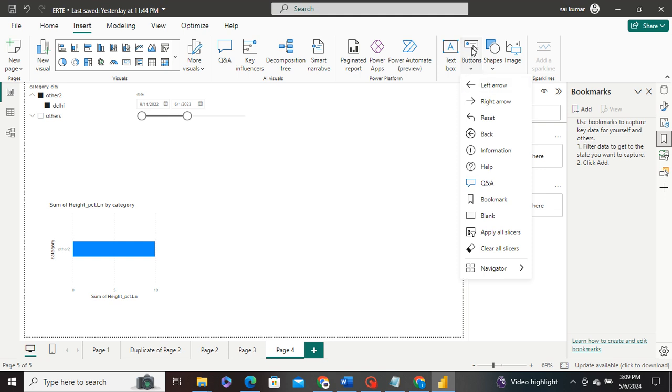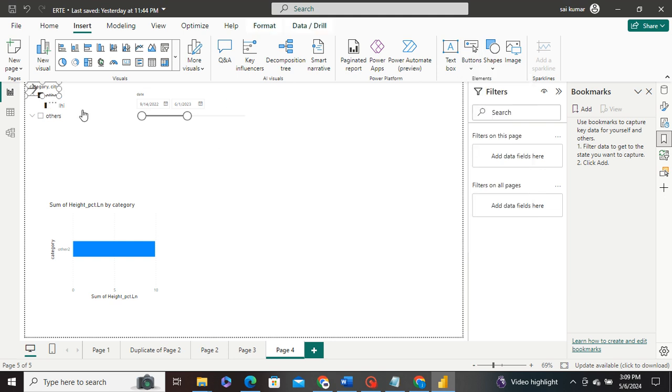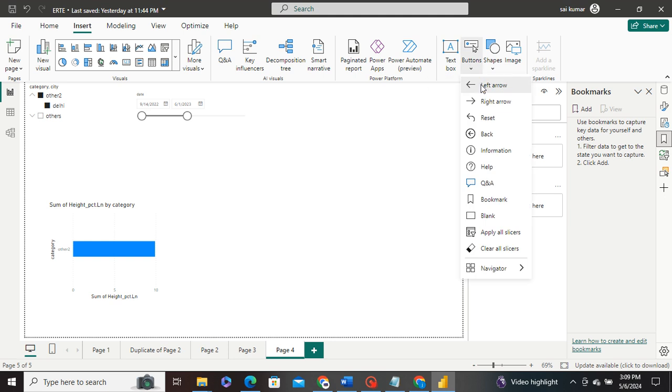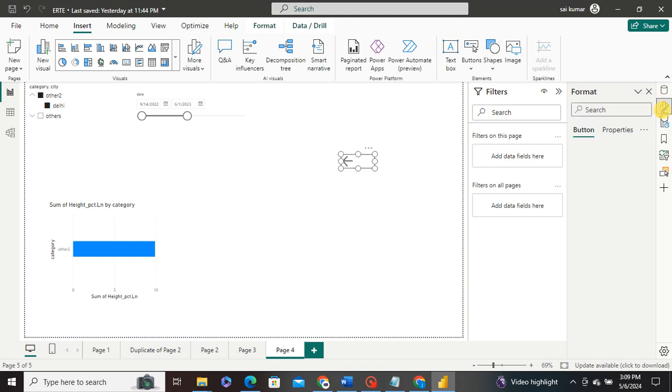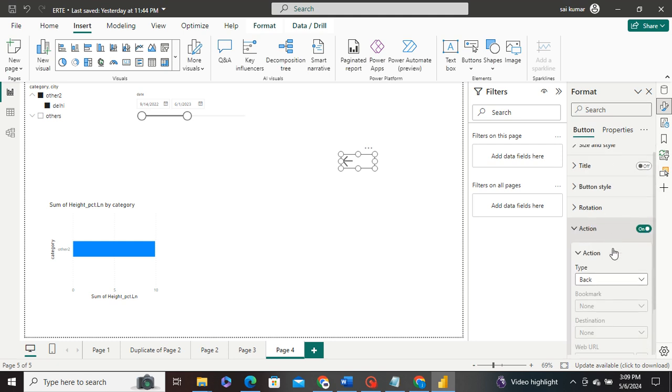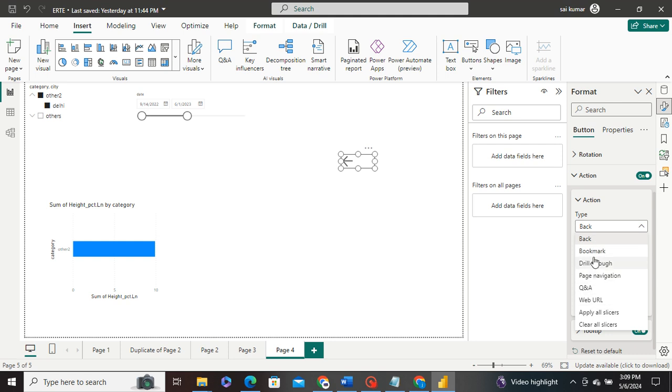Buttons in Power BI allow users to interact with their reports by triggering actions such as navigating to a different report page, applying filters, or running custom scripts. You can customize the appearance and behavior of buttons, including their size, shape, color, and text. By adding buttons to your reports, you can create intuitive navigation experiences and enable users to perform specific actions based on their analysis needs. Then next,